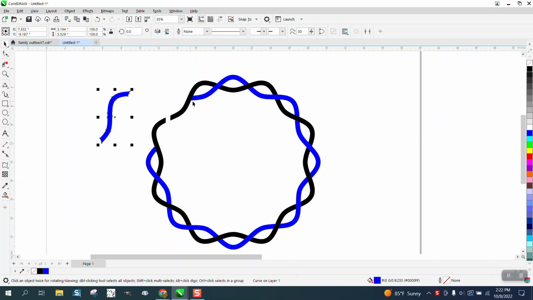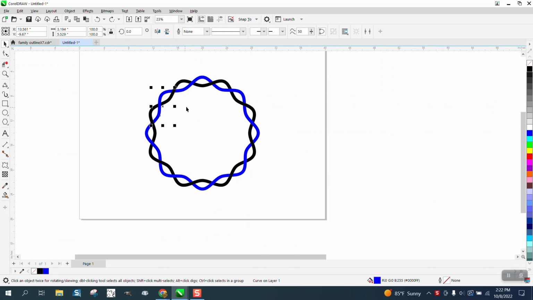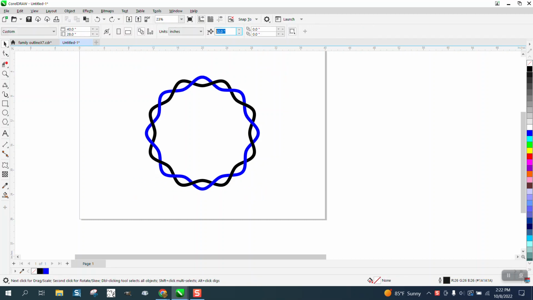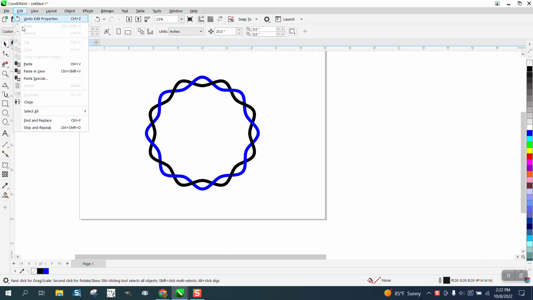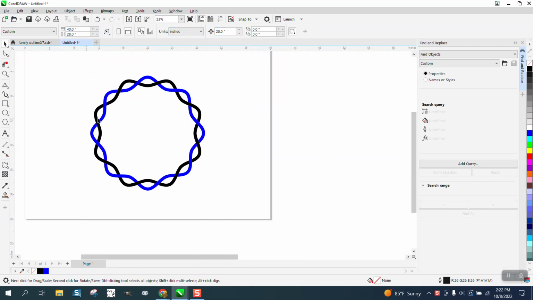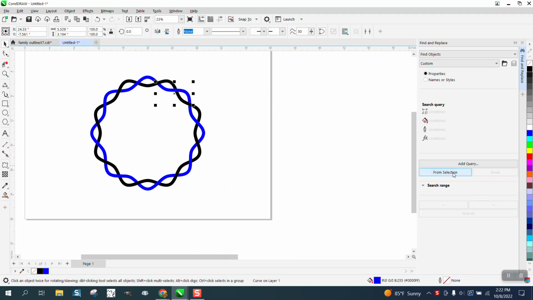If you look, we have individual black and blue lines, and if you wanted to change the color of the blue or the black, you would have to pick every line. And I've done a lot of videos in find and replace. We're going to see how big this thing is, and it's 18, so we're going to set our nudge factor on 20. We're going to go to edit and find and replace and pick that blue and then go from selection